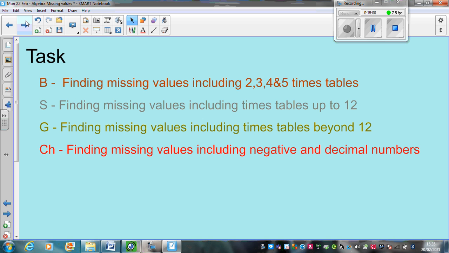Okay, so on to your tasks. At the bottom of your links page today, you will find bronze, silver, gold, and challenge questions. I do know the temptation will be for you to write these answers down very quickly because I'm sure you will do lots of them in your head. But please show your calculations. There are 3 reasons for you to do this. The 3 reasons are: 1 is when you see it written down, you can see whether you make any mistakes. 2 is that when you